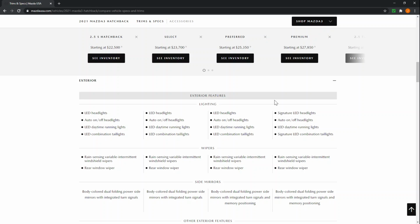It sounds kind of arbitrary, maybe to a lot of car buyers. To me, I think that's something where it's just attention to detail. It's something that you really look at. So you're looking at the signature LED headlights and signature LED combination taillights. It looks just a little bit different than the other models. Looks just a little bit nicer than the other models, or trim levels, excuse me. So in my opinion,